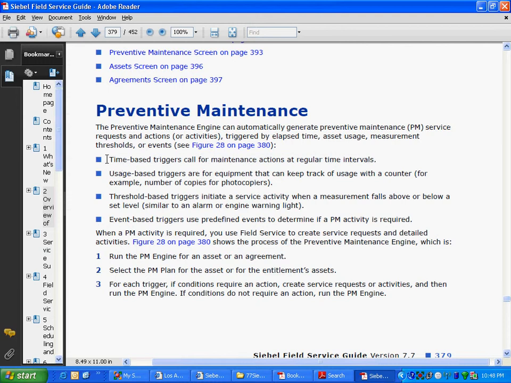For example, time-based triggers call for maintenance actions at regular time intervals. What it could mean? Just think about it. Again, from a business perspective, put this little line into the details of preventive maintenance and try to see. Now you will learn a lot about preventive maintenance also, but you will already know something also. Look at this. It's saying time-based triggers call for maintenance actions at regular time intervals. For example, after every 3 months, oil change has to be done. It says that time-based triggers, like after every 3 months, this something will trigger, which will call for maintenance actions. Okay, there is a way.